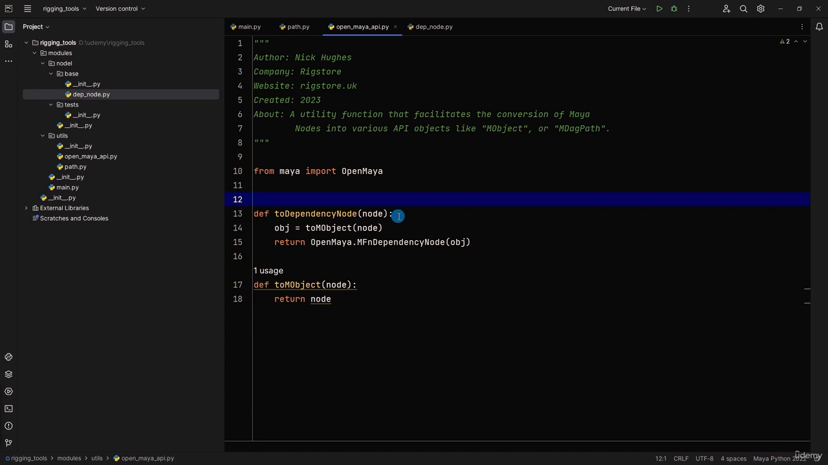It then creates the dependency node using the obtained object and returns it. So the obtained object we've got here, and returns it. And we're going to go into more detail of what this will do for us in just a little bit. But now let's have a look at our next function, which we started creating, which